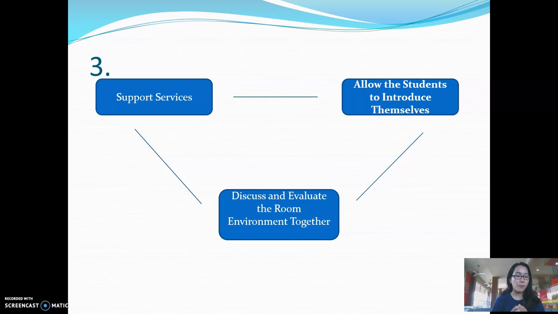This is your opportunity to focus on students as unique and diverse individuals and discuss and evaluate the room environment together as your students are introducing themselves and you are talking to them. Ask your students to comment on the acoustics and remain conscious of how well you can hear and see each